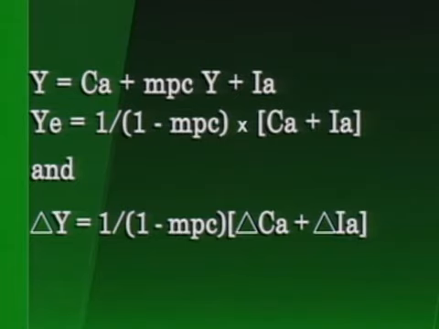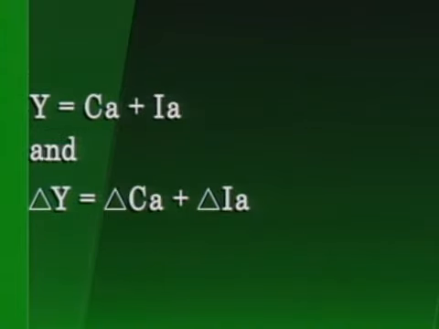Notice this occurs because if income Y goes up, then the component of consumption that depends upon income also goes up, the marginal propensity to consume times income. This would lead to a further increase in income beyond the initial increase in investment. To see this more clearly, notice that if the marginal propensity to consume were 0, then we'd have Y equal to CA plus IA, and delta Y equal to delta CA plus delta IA. So any increase in autonomous investment would have a 1-for-1 increase in Y. It appears then that the marginal propensity to consume would have something to do with output fluctuating by a greater amount than the change in autonomous expenditure.